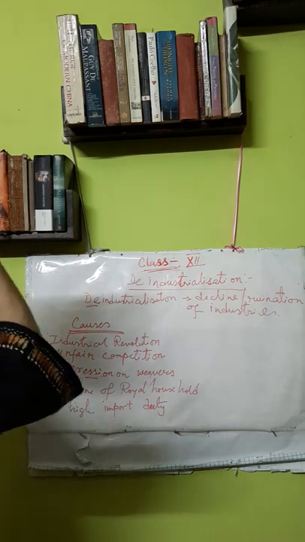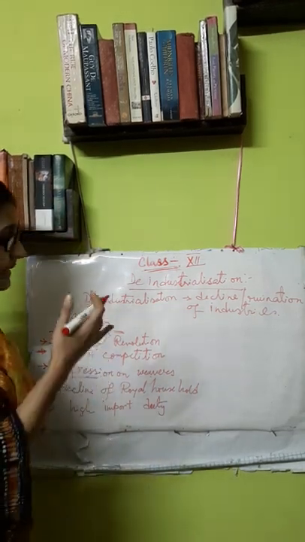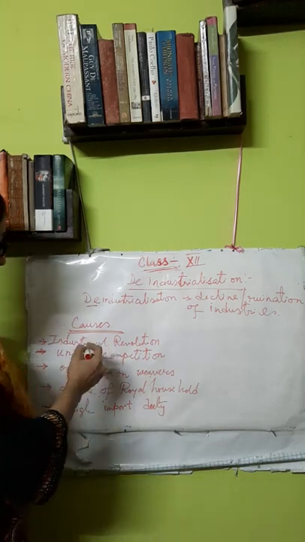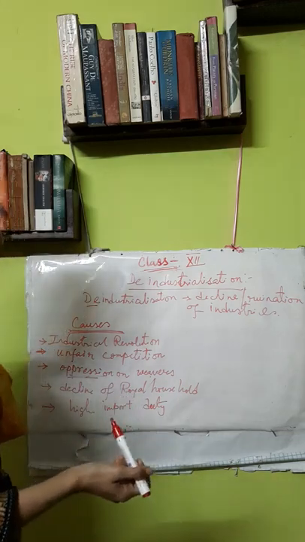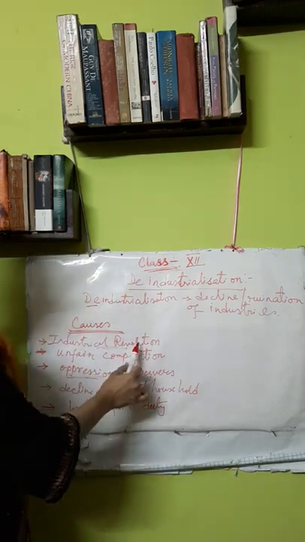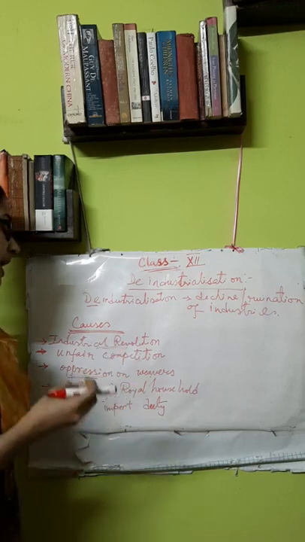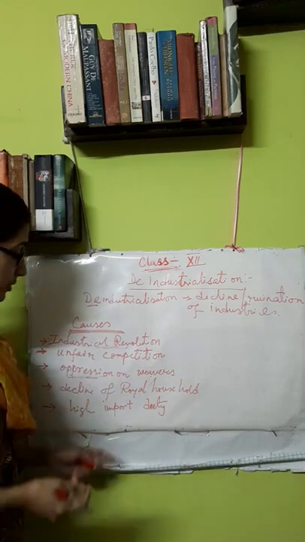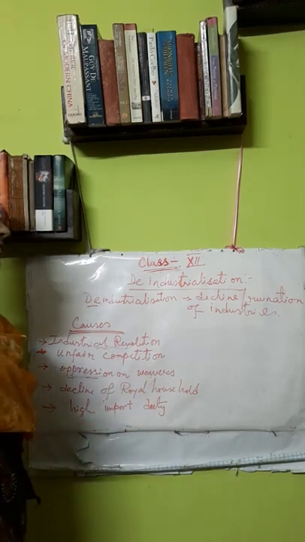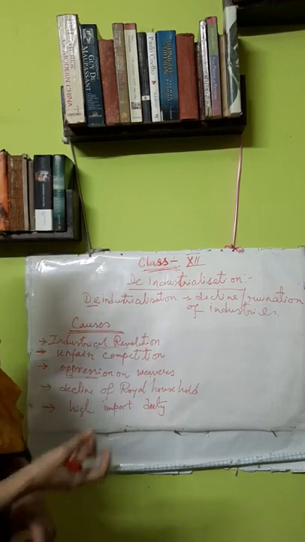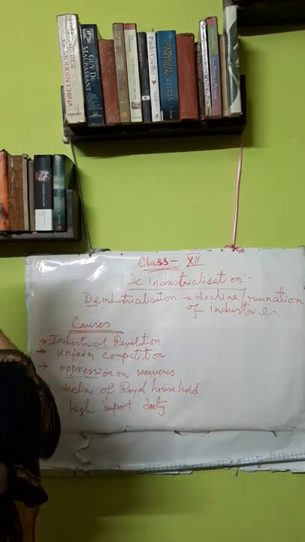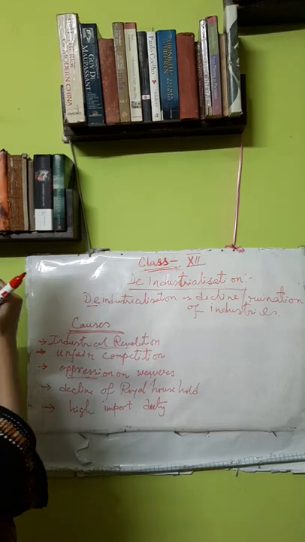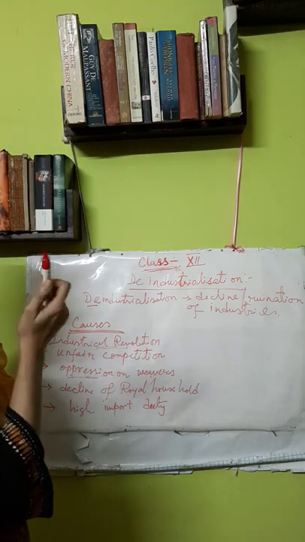What we see is that when Indian goods were previously exported there, the import duty was less. But when the East India Company had established their factories in India, and after the Industrial Revolution, they started imposing a high tax on Indian goods. The Indian goods going to Britain to be sold were charged a high import duty. Due to this high import duty, the productive Indian industries suffered a huge decline. So this was another cause or factor for deindustrialization, or decline of Indian industries.